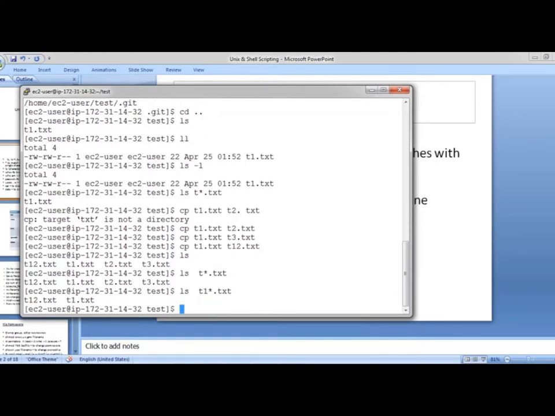T1 star, which says that it could be any of the characters. Star says it could be any character next to it. It is not concerned with a fixed character, only the data before the star should be constant. There could be some data after in place of the star. Okay, so there is t1.txt, and after t1 there is also some variable, t12, which has some other character 2 after 1. So that's the reason why it has displayed it.